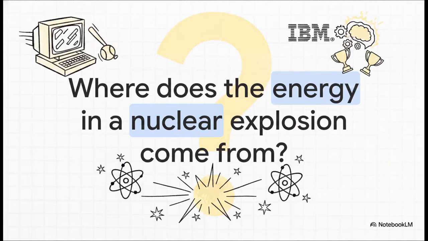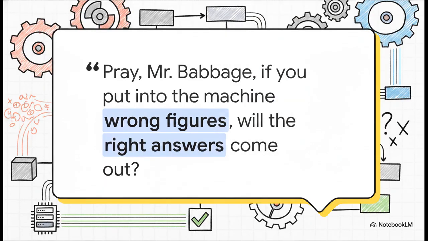But, to really understand where we're going with all this, we kind of have to look at where we started. Human beings just need to know things, right? Pretty much the second computers were invented, we wanted them to answer our questions. Like back in 1961, there was already a system that could answer questions about American baseball stats. Then in 2011, IBM's Watson famously crushed human champions on Jeopardy. And today? Well, today we want to ask it massive, complex things like, where does the energy in a nuclear explosion come from?